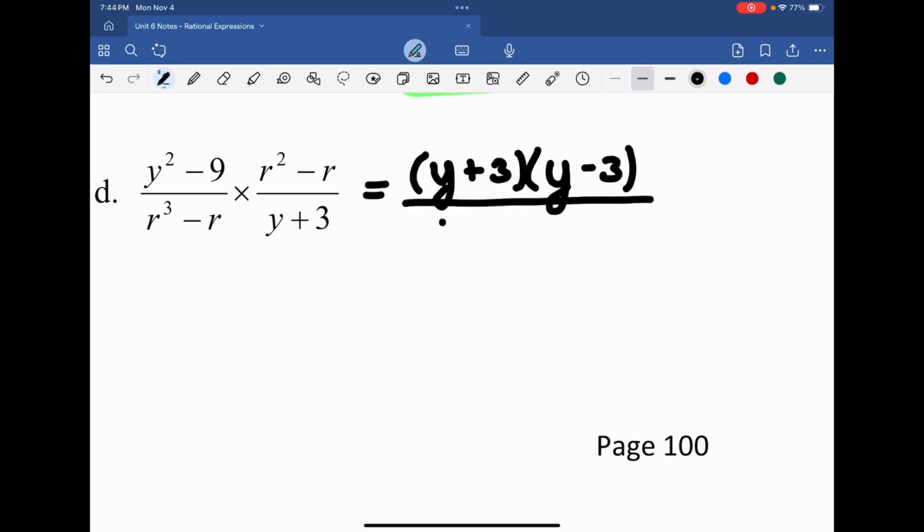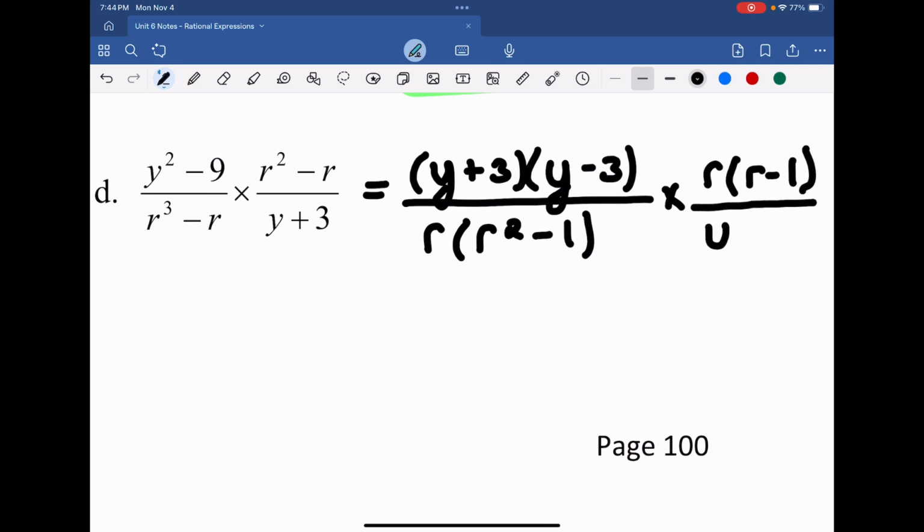In the denominator, what we have is, sorry, I'm going to make sure I have an r as a factor, which leaves us with r squared minus 1. Hey, look, that uncovered another difference of squares, which we'll talk about in just a second. I'm going to multiply this by r times r minus 1 if I factor that numerator, and then divided by